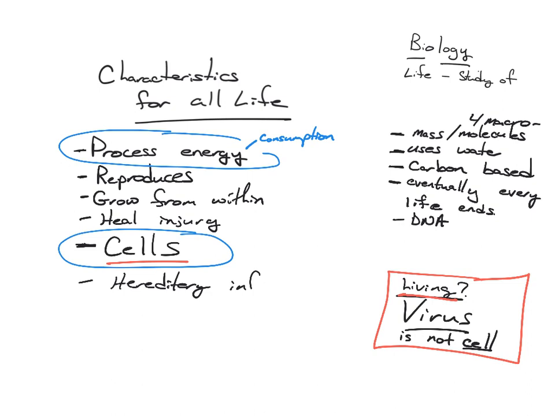So life sends hereditary information from one generation to another, to the next, and so on. That's an important aspect of life. There's a lot, as you can tell. So when we're looking at living things, these are the kinds of things we're going to consider. There's one that maybe you haven't thought of yet. What else does life do?